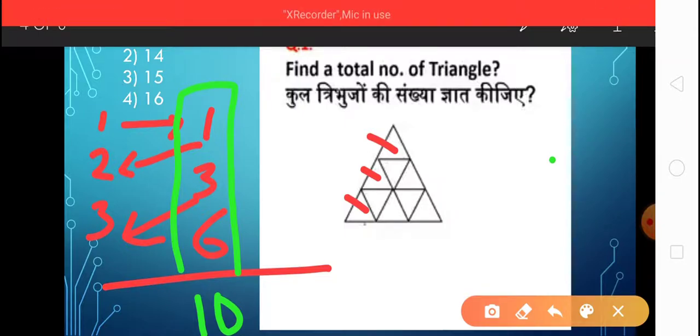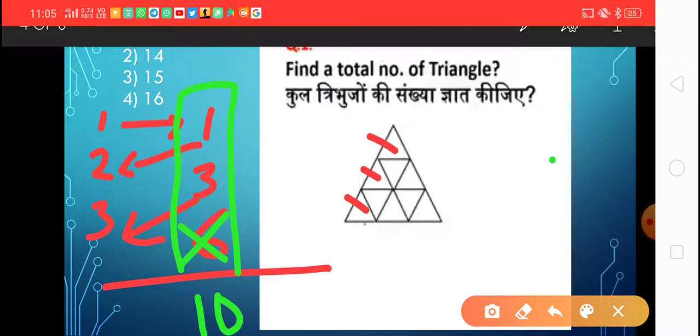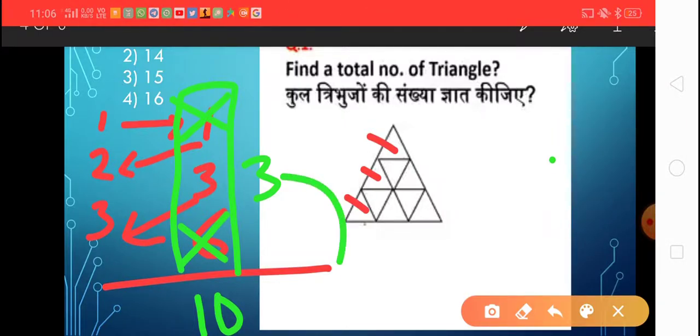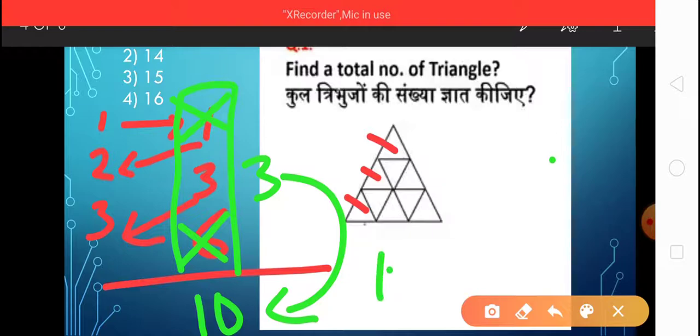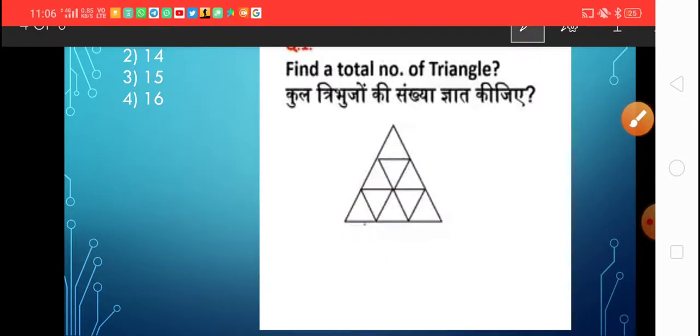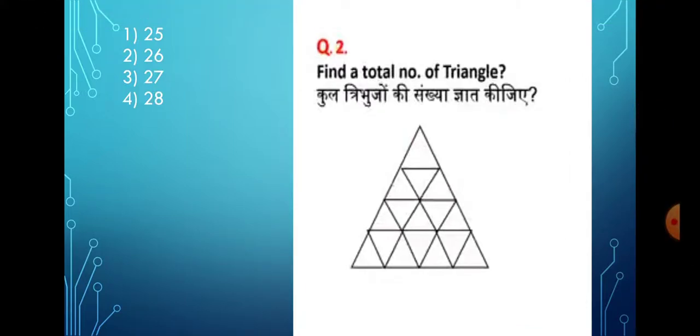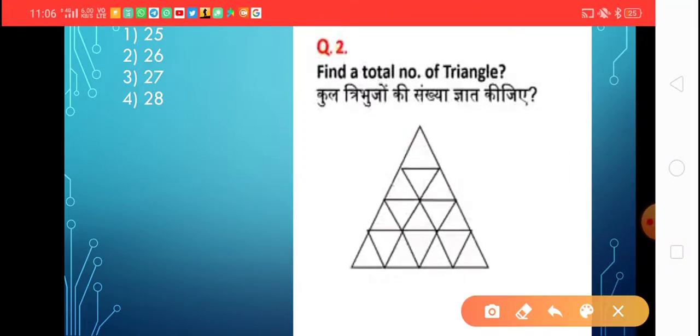Now from the base we will start. We will eliminate 6, then next to that we have to take it. That means we will take 3, then before that it is 1, we will eliminate it. So we have to add this 10 to this 3, it comes out to be 13. And next to that, this is the example. In this example, we have 4 equal parts.